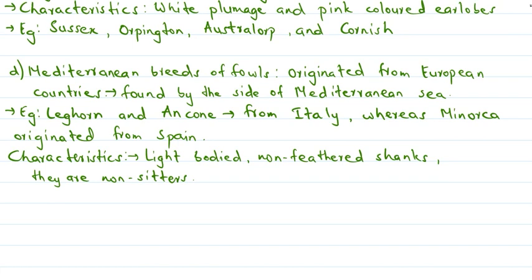Now, if we talk about Leghorn, the white Leghorns are the most popular and commercial breed in India. The colors of plumage may be white, brown, or black. The fowls of this breed are usually small. They are compact with single comb and wattles, and though Leghorns are adapted to most climates, they thrive well in dry areas.